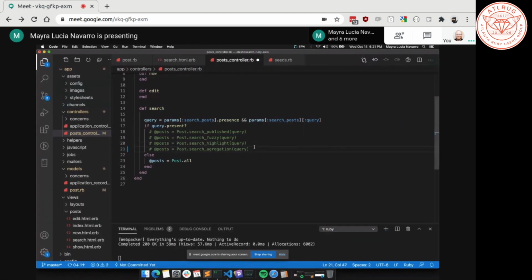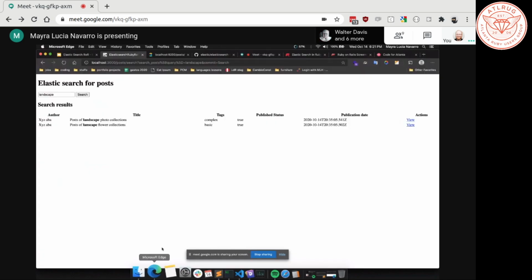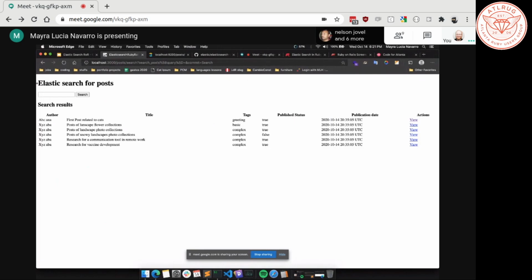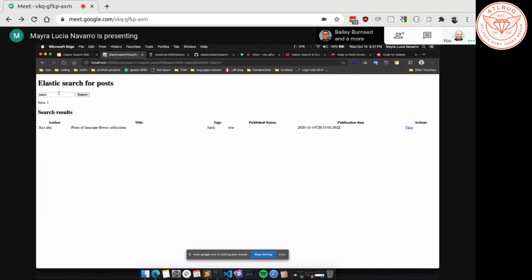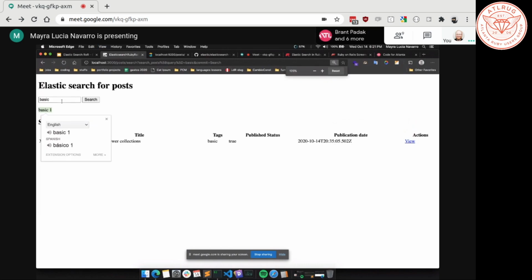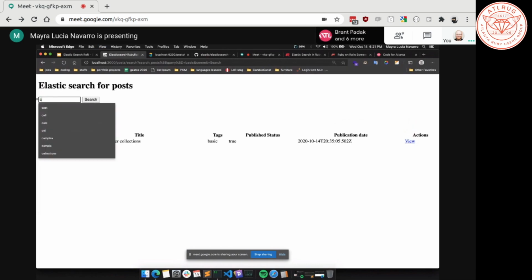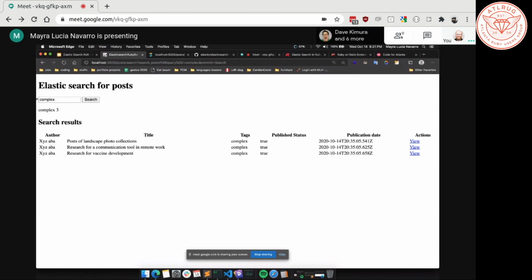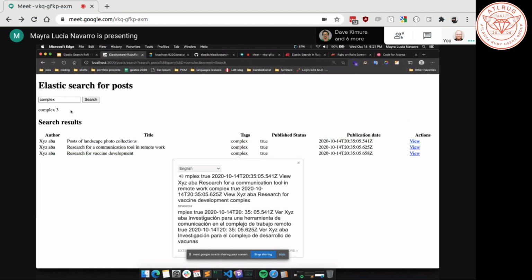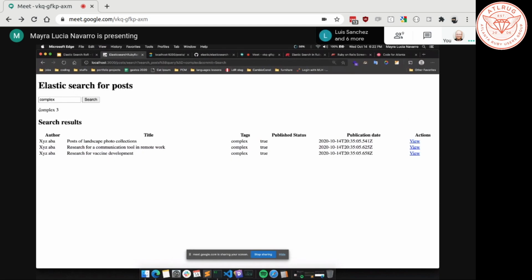If we talk about aggregation, that is what I'm talking about, what is the searches. For example, I want to try to find what is basic. We can see there is just one that is shown here. Or if it is something complex, we can see that there are only 3 here. That is what is aggregated here.